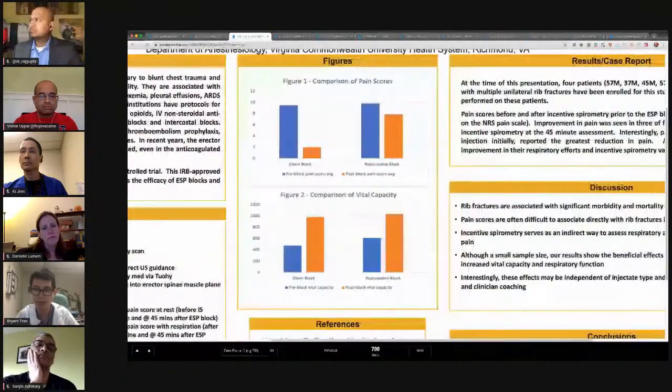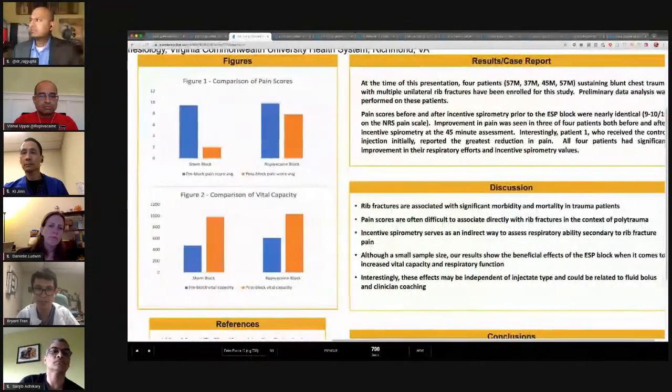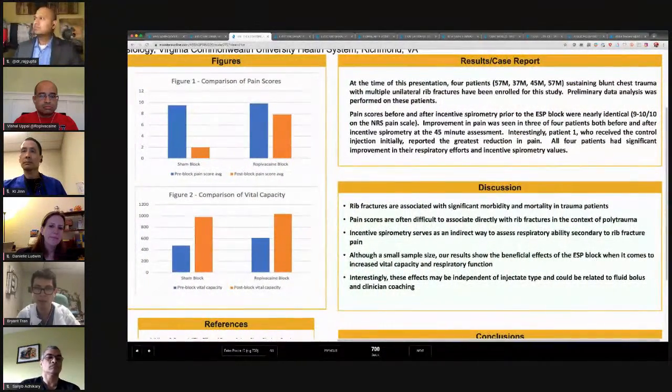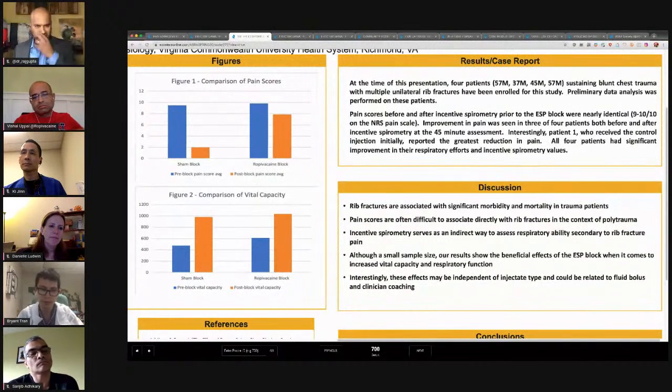A main criticism that many on Twitter have said is that this is only an N of 4. So there are only 2 people in each group. Our goal is to recruit 24 people, but we felt that maybe interim results were worthy of a discussion at an ASRA meeting. So you can see here that if you compare pain scores between the sham and ropivacaine group,